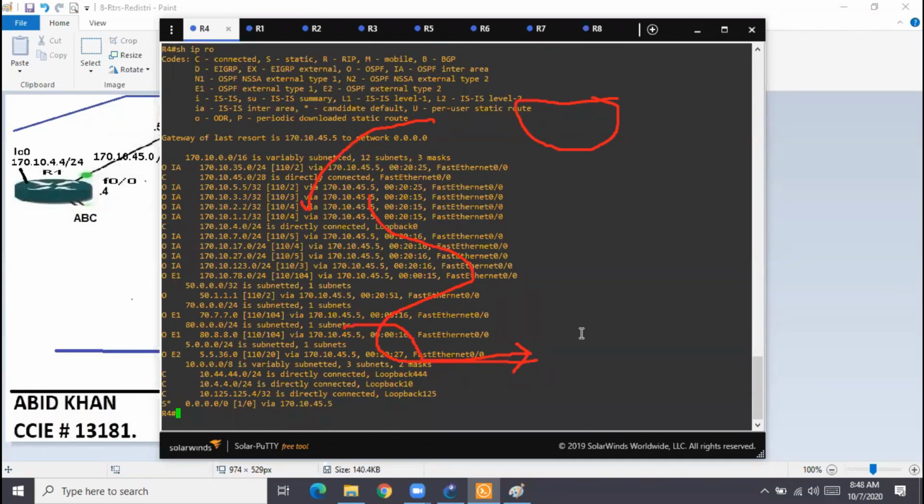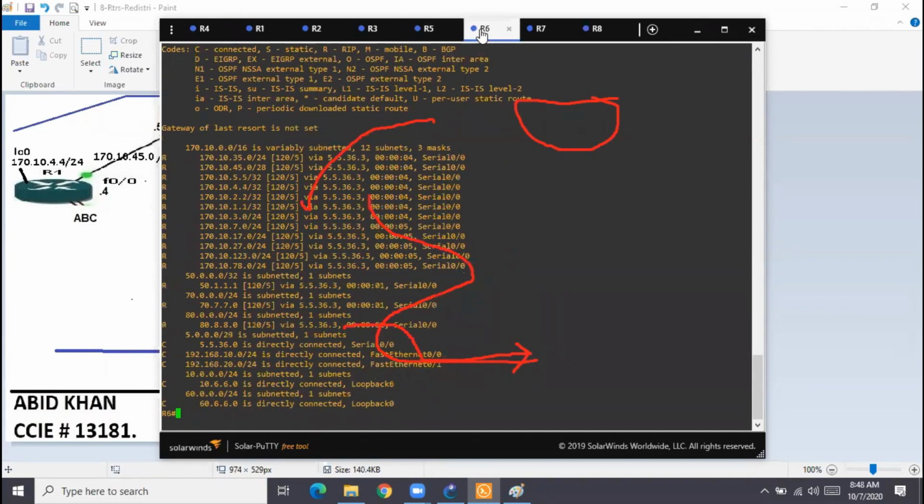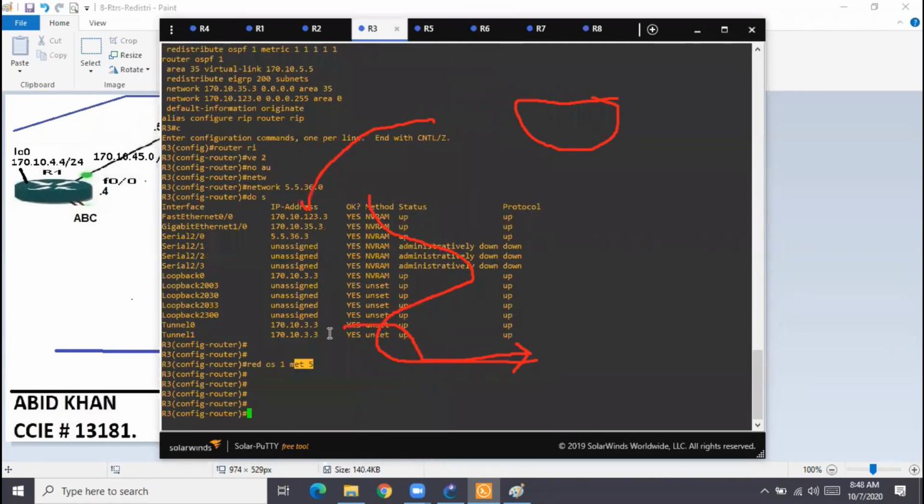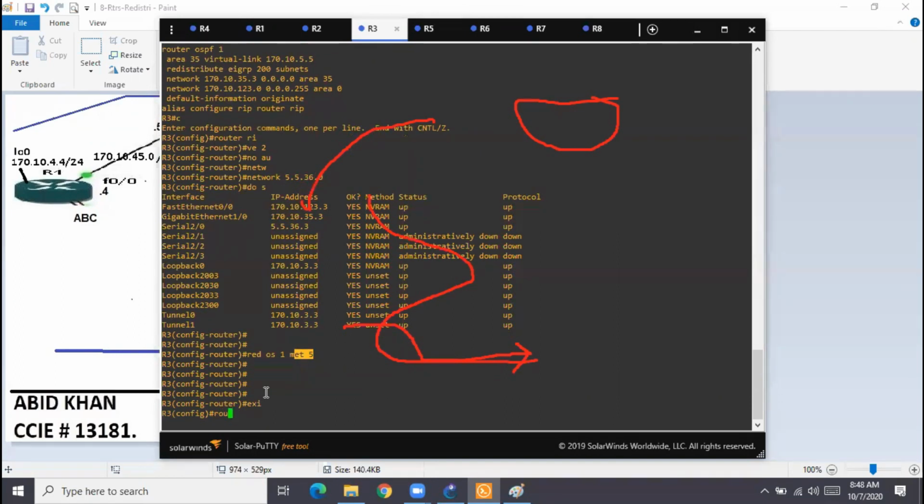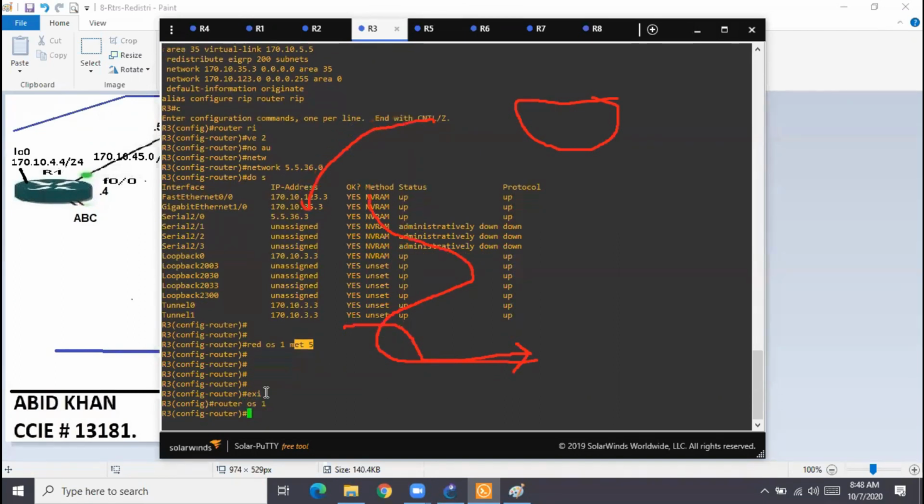Very good. On R6, when we started, we checked R6 and its routes were missing. What I found was that on R3 RIP was missing, so we just configured RIP. So it is one-way redistribution, correct? If we want the RIP routes to come into the OSPF domain, you need to go inside the other process, OSPF 1, and say redistribute RIP subnets. That's it.